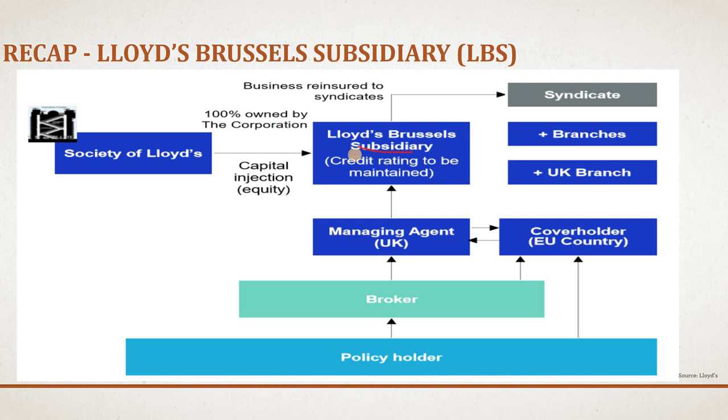So let's come back to the Lloyd's Brussels subsidiary once again. The LBS main functions are maintaining the current subscription model, maintaining the current distribution network, ensuring minimum changes from the process and system point of view because of Brexit, maintaining the Lloyd's brand and Lloyd's robust financial strength across the European Union, and ensuring the future growth of Lloyd's within the European Union and the EEA space. At this point, I recommend you watch my previous video presentations, part 1 and part 2, to have a better understanding.